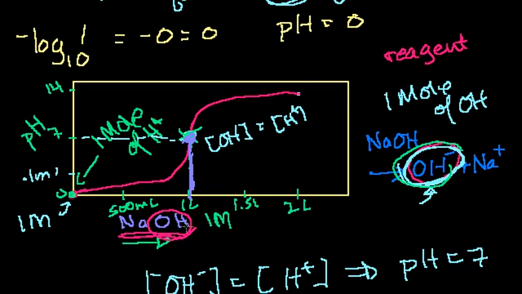So I must have added 1 mole of hydroxide to get to this point. So I must have neutralized 1 mole of hydrogen. So there must have been 1 mole of hydrogen to begin with. And since I had 1 liter of solution, I had 1 mole of hydrogen in 1 liter of solution. So my original molarity was 1. Anyway, I don't want to confuse you too much. In the next video, I'm going to try to do the same thing, but I'm going to do it with a weak